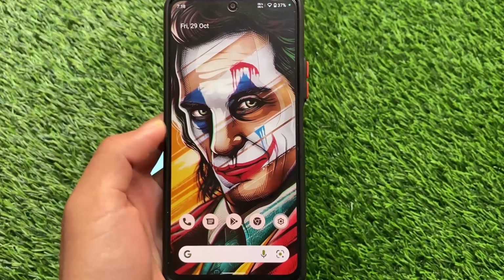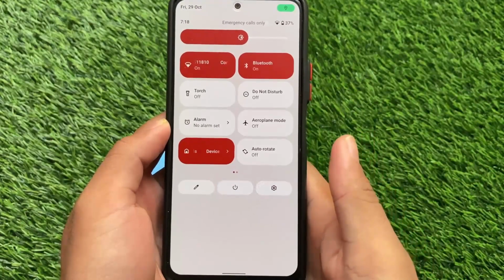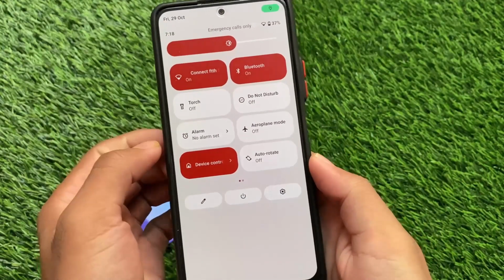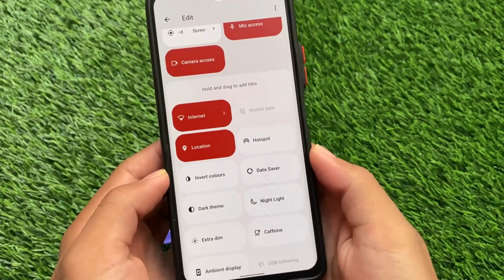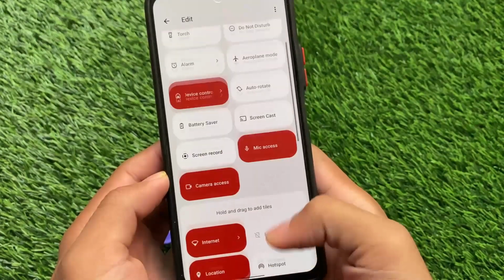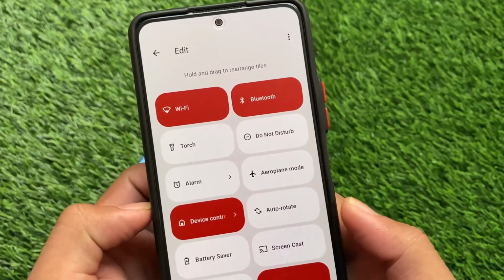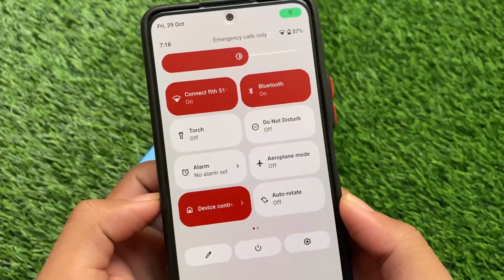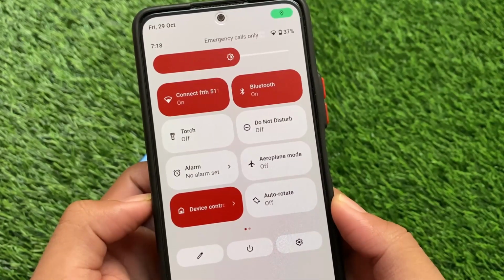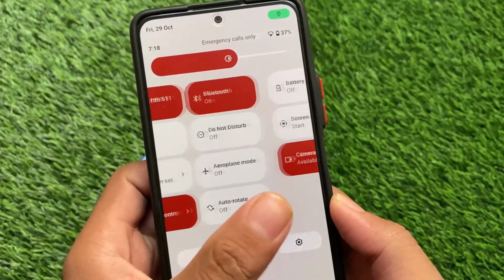This is the default UI which comes with the Pixel launcher. All the accent color, Monet theming related things are present, working perfectly fine, no issues here and there. You can see it also has a separate internet, separate Wi-Fi and mobile data tile available for you. I've already enabled the Wi-Fi tile. I don't have a SIM card, but the Wi-Fi tile is there, which is just working good. And this is a very useful thing because in Android 12 they combined the Wi-Fi and mobile data tiles. So yes, it's quite useful.